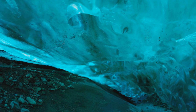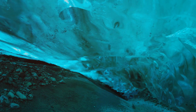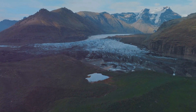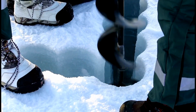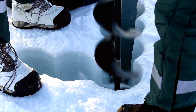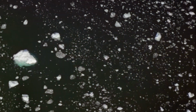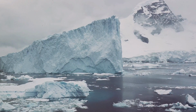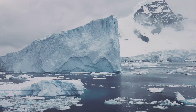It's a stark reminder that our planet's ice reserves are not as unchanging as they may seem. This rapid ice loss isn't just a prediction, it's a reality that has happened before. Ice cores aren't just cylinders of frozen water, they're time capsules of our planet's past. These icy archives are formed as snowfalls get buried and compress into ice crystals over thousands of years. Each layer of ice traps bubbles of ancient air and contaminants, offering us clues about our changing climate and the